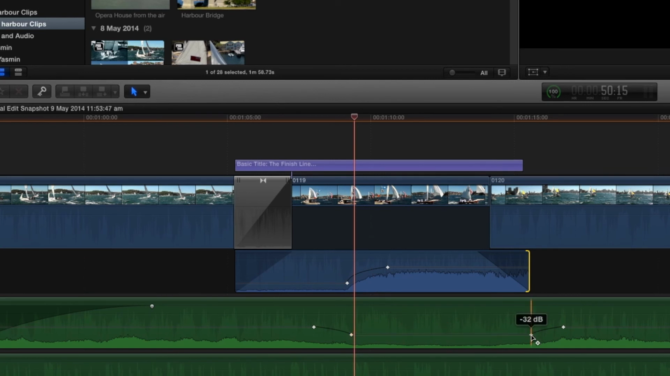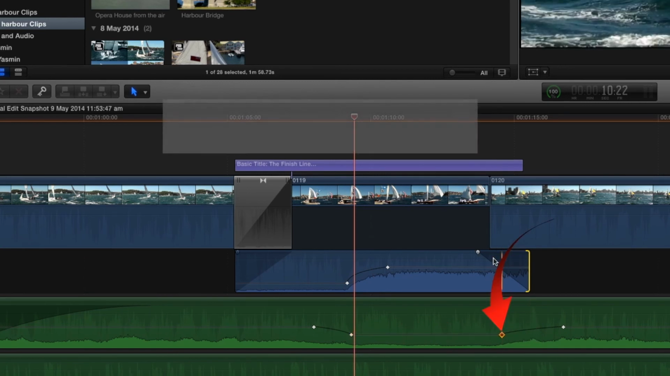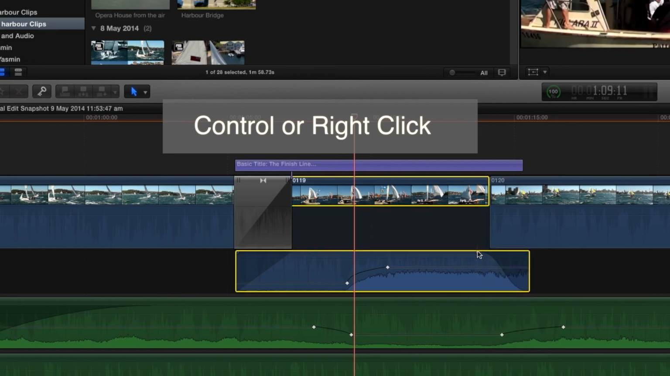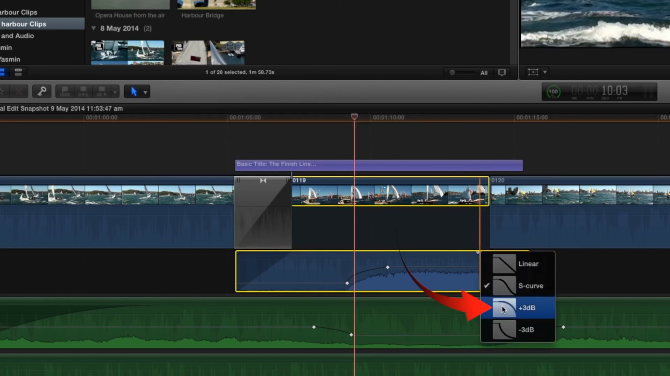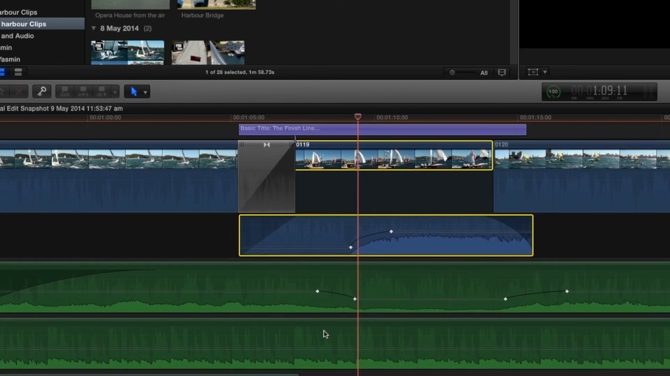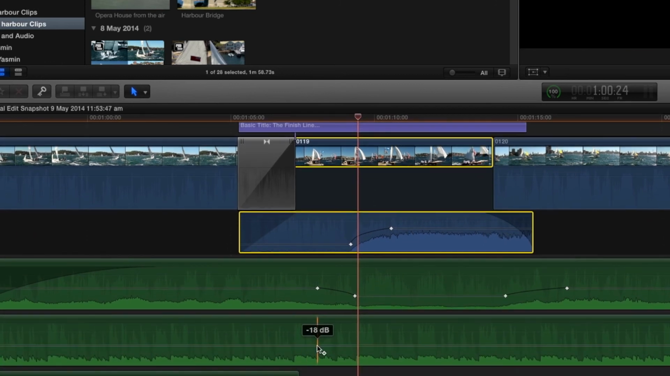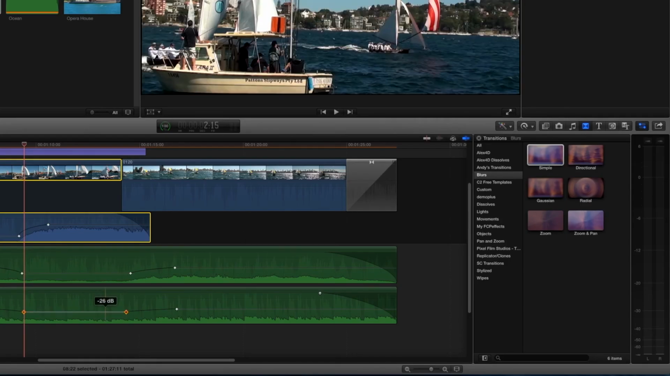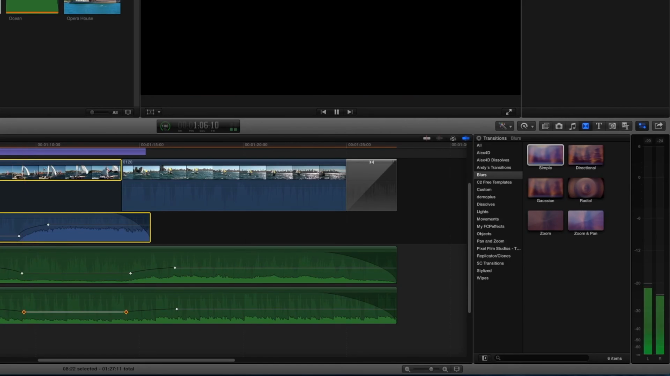Perhaps mixing that a little better. We'll make this a curve, right-clicking, make it a curve. And we might just reduce some of the water noise at the same time by dropping that down. So now when we play it through,